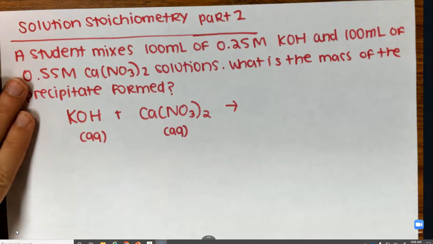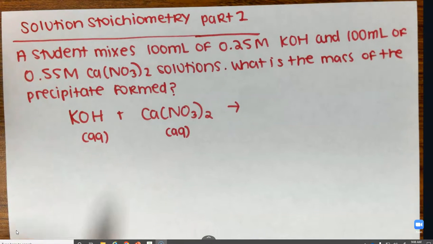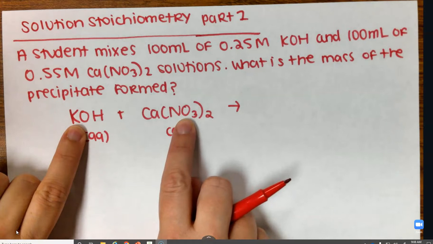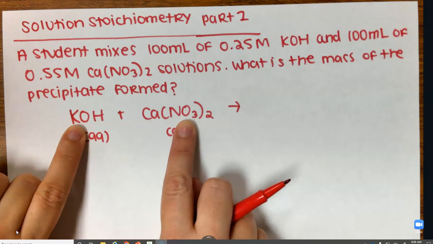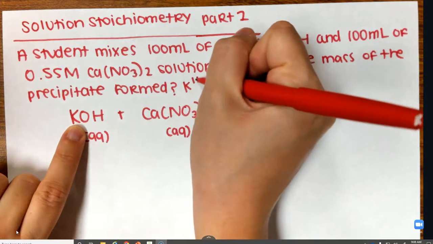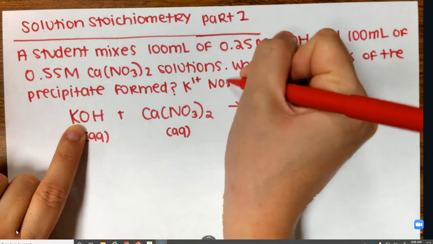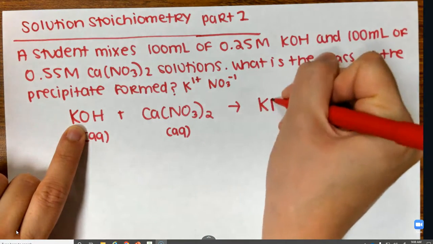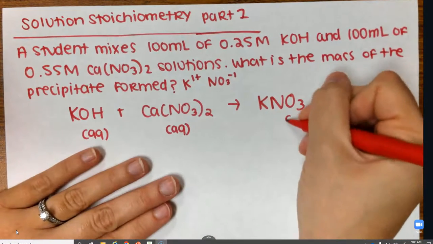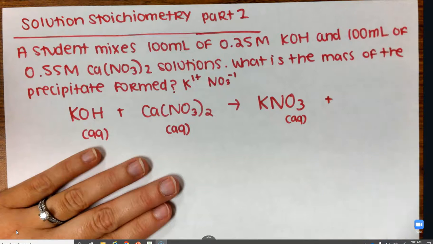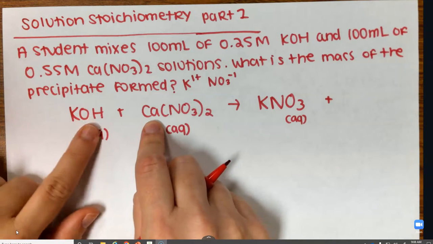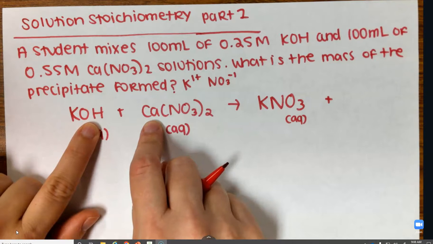And then let's write our products. In a double replacement reaction, the cation of one, so potassium, will bond with the anion of the other, NO3. Now you do need to think about charges. You don't just copy subscripts over. Potassium has a charge of +1. Nitrate has a charge of -1. So that is KNO3. And because we have a potassium and a nitrate ion, that is aqueous, plus the cation of the other substance and the hydroxide of the other substance will